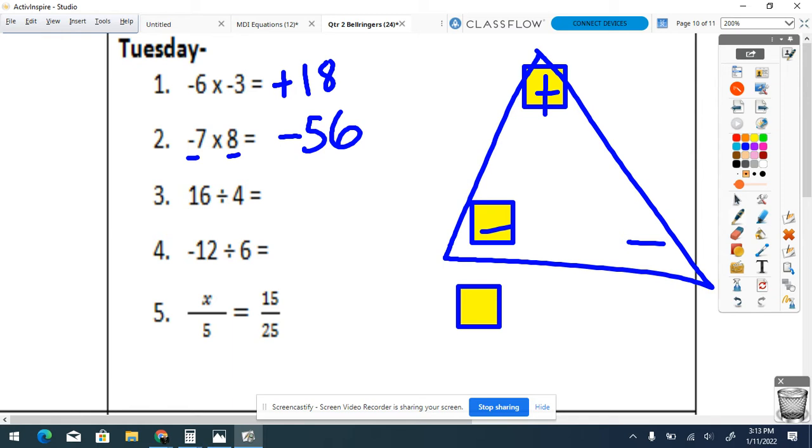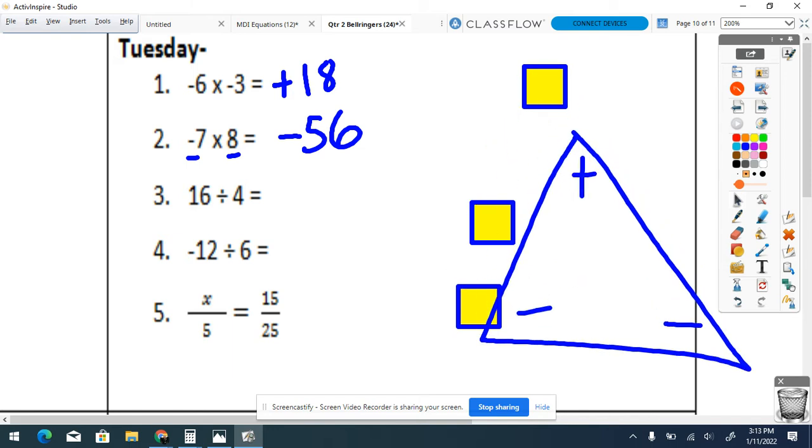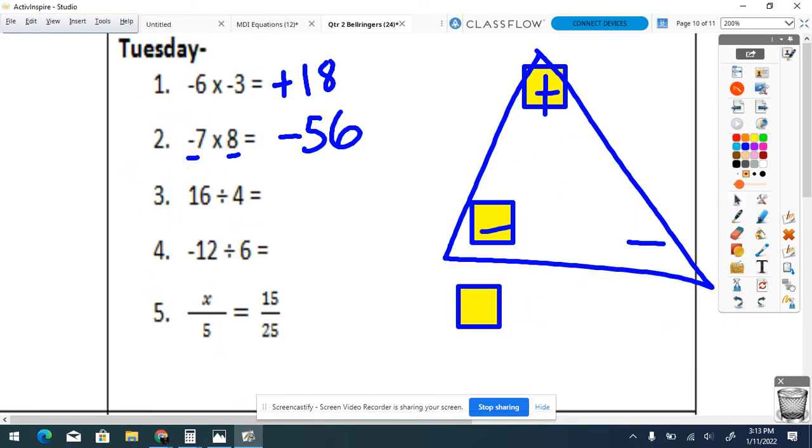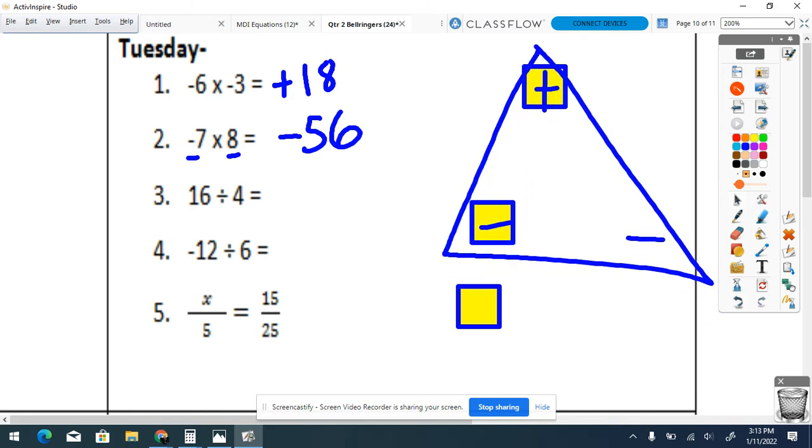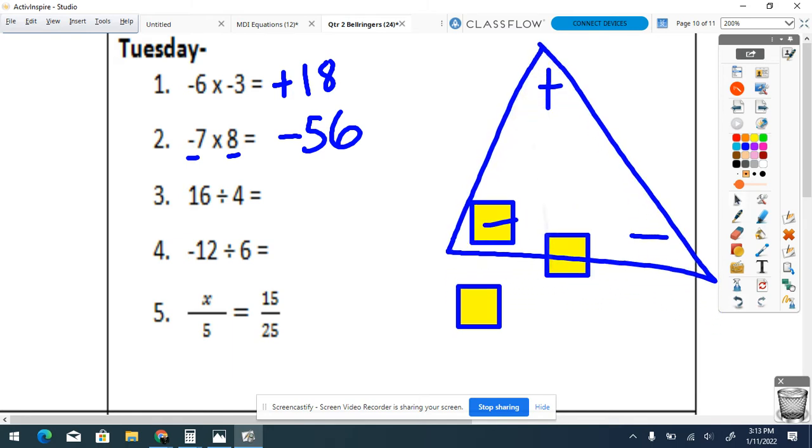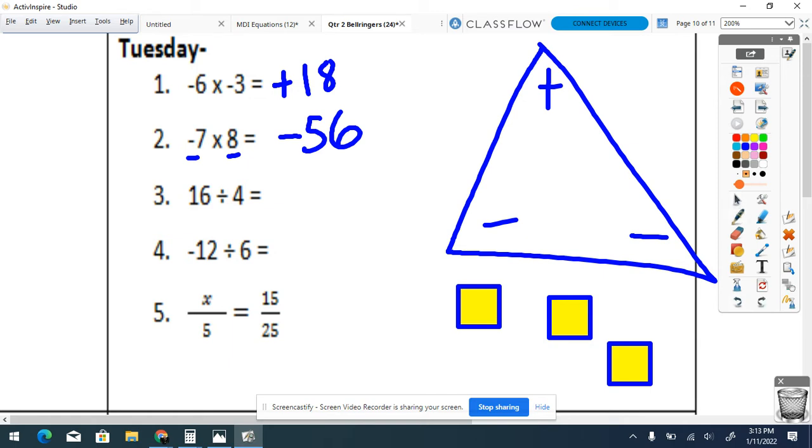Right. 3, positive and positive. So we talked about this one yesterday. I do not have 2 positives on my triangle, but we know from elementary school, if I just take 2 positive numbers, my answer is going to be positive. So 16 divided by 4, or you can look at it, 4 times what is 16 is